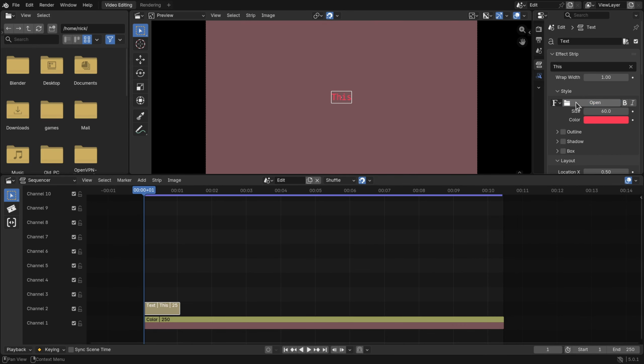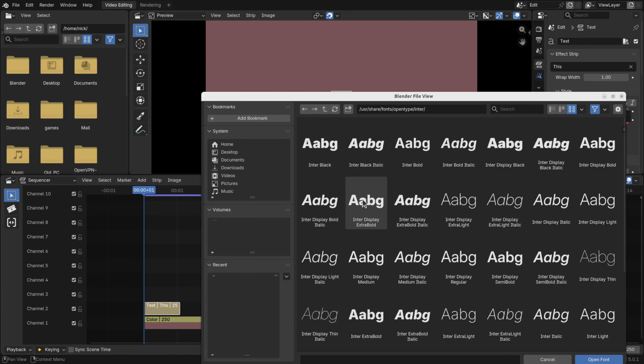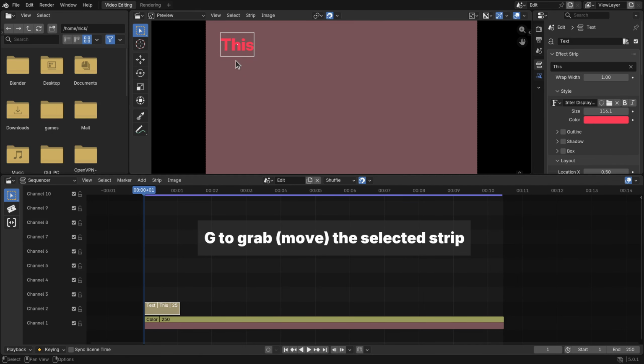Change the font. I'll need to choose a font by clicking open, and open type in my case. I'll go to enter display extra bold. Once I've loaded that font, it will show up in this menu here, and I don't have to open the file again another time. Now I can size the text up like so,